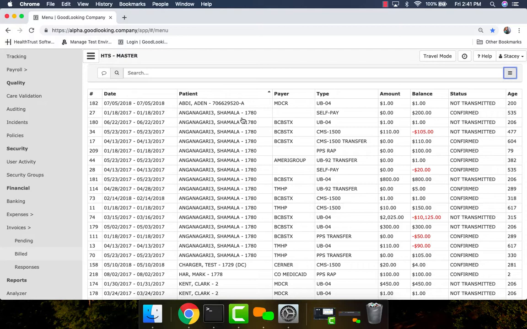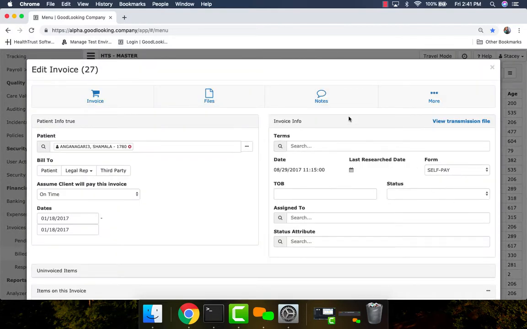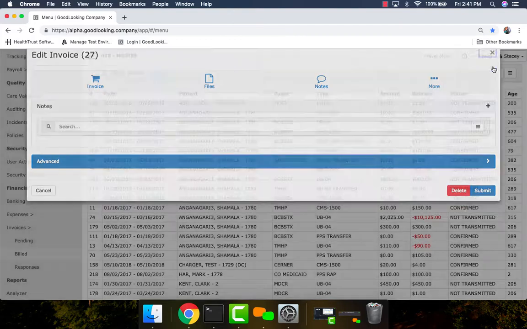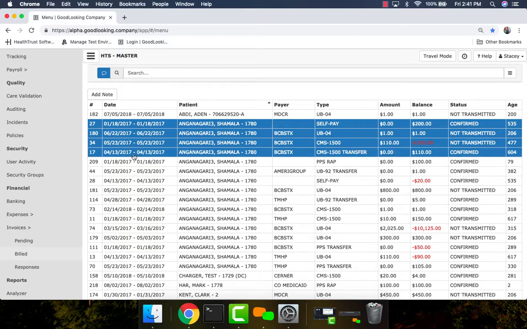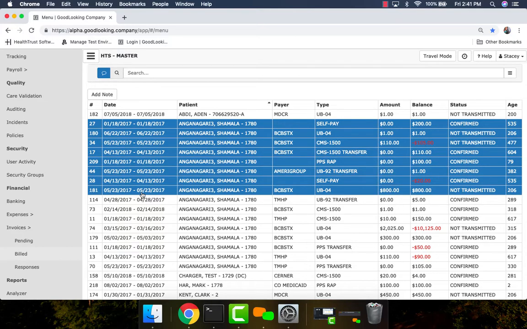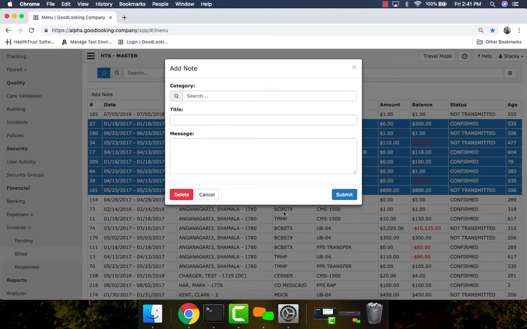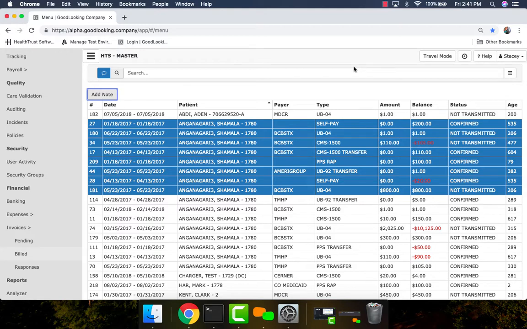usually they're going to have the exact same collection issue. Maybe the payer is researching a date of birth issue or an eligibility issue. Instead of having to go into each claim individually and add a note, you can actually just click this little note button here, choose all of the claims that you want to add a note to, and click Add Note. And that'll add a collection note to all of those claims automatically. So very, very quick